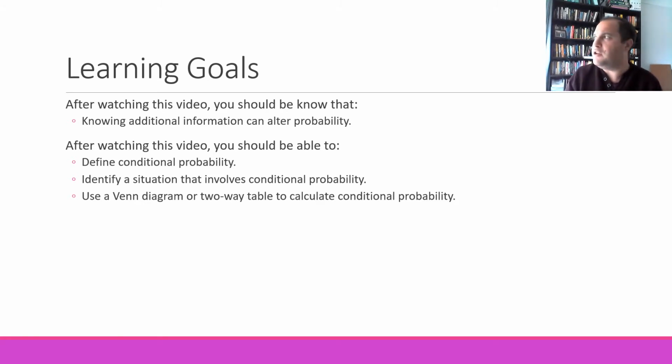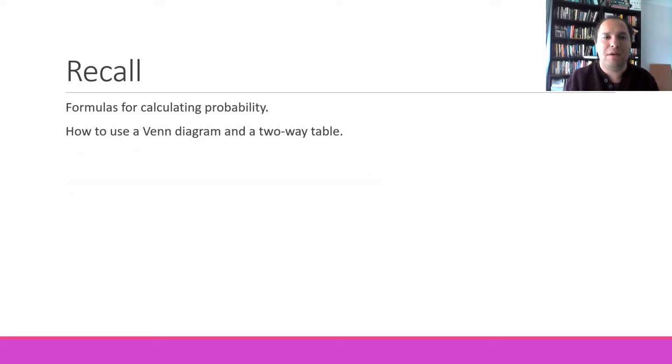After watching this video you should also be able to define conditional probability and identify situations that involve conditional probability given how the question or the situation is worded, and also use a Venn diagram or a two-way table to calculate conditional probability. Things you have to recall: obviously your formulas for calculating probability, and also how to use Venn